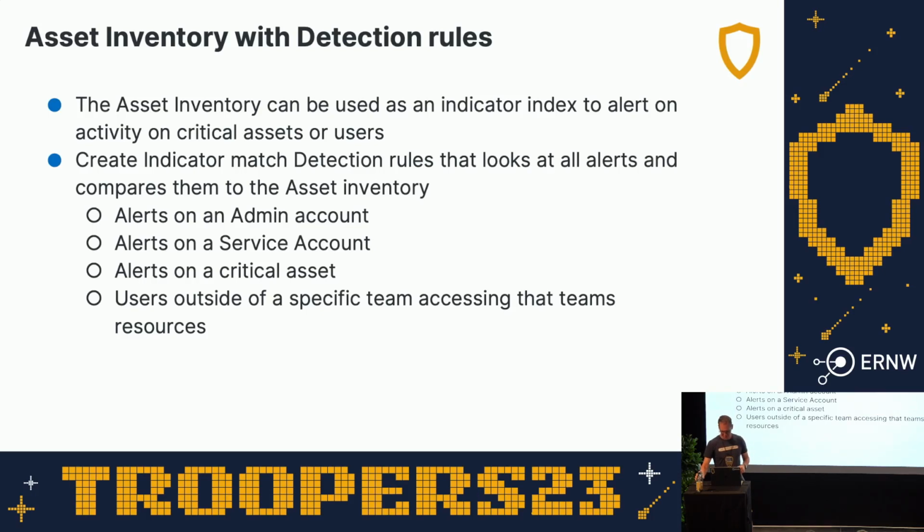So the indicator match rules, the top one, real quick on that, an indicator match rule was designed to be something where you'd have a threat intel feed, like say your MISP, and all your IOCs are coming in from MISP, and it's just doing a join to say, okay, if this process hash is seen in both index patterns, then fire an alert. But what we found is that you can say, okay, I have an alert, and here's the username. Now run a query over here for everybody who's a domain administrator. And if the usernames match, fire a new alert.